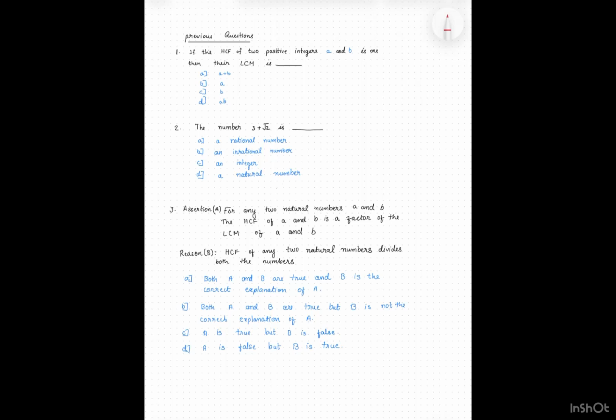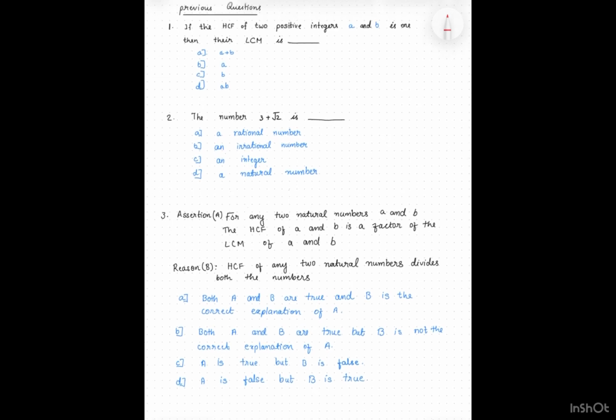Let's discuss some questions of this chapter. First question: if the HCF of two positive integers a and b is 1, then their LCM is dash. So the HCF of two positive integers a and b is 1. Given HCF is equal to 1, we know HCF of a and b multiplied by LCM of a and b equals